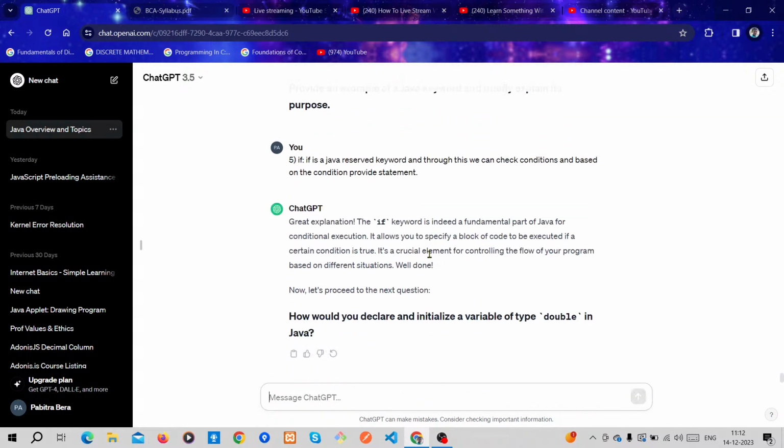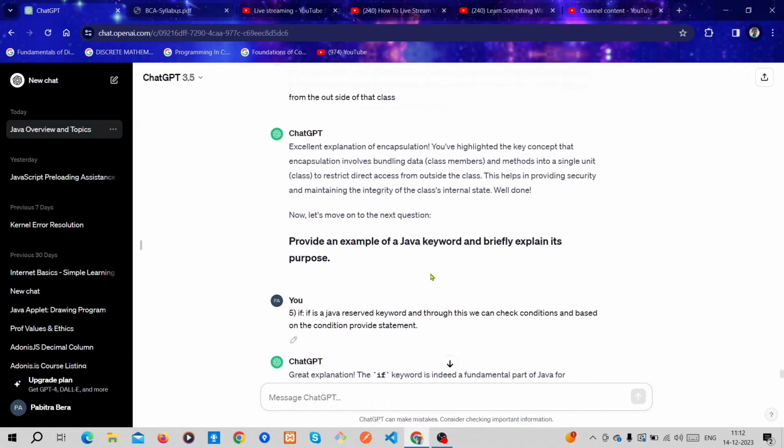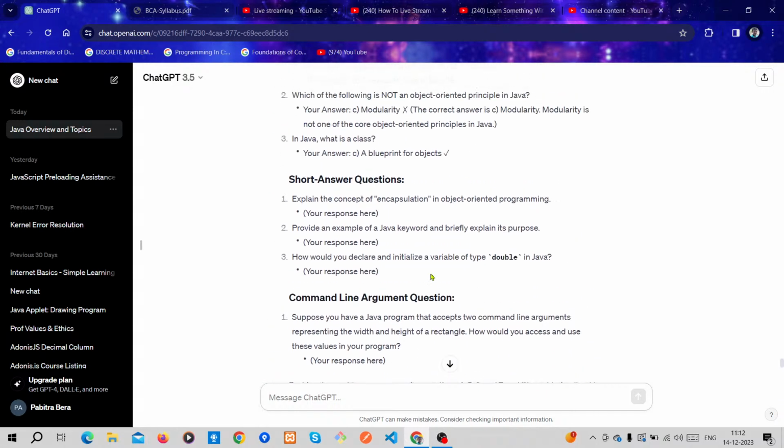A great explanation. The if keyword is indeed a fundamental part of Java for conditional execution. It allows you to specify a block of code to be executed if a certain condition is true. It's a crucial element for controlling the flow of your program based on different conditions. Well done. Now the next question is question six, which is this: